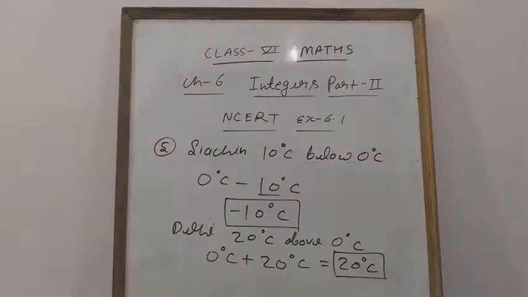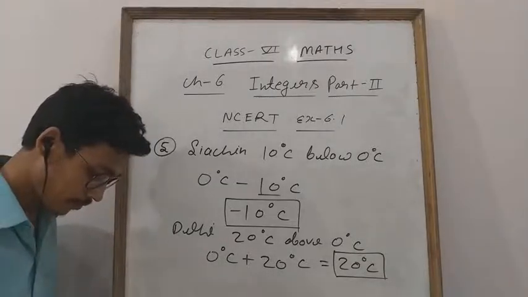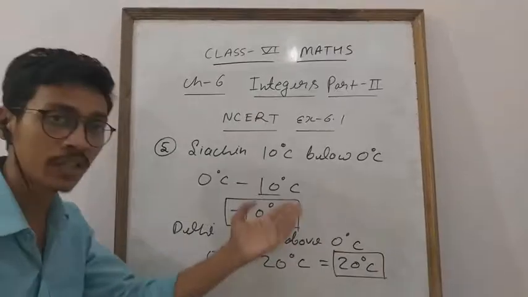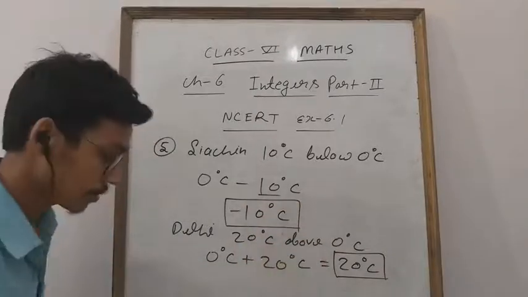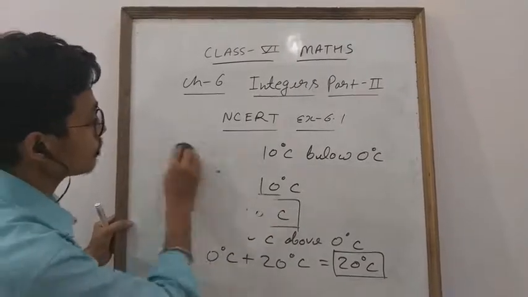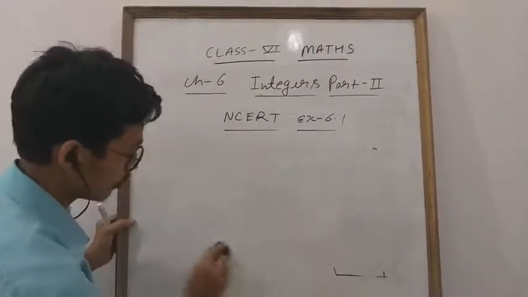Okay? Now move to the next question. Now in this question you will find out which is the coolest place. I think Siachen is the coolest place, okay? Because its temperature is minus 10. Okay everyone? Now one important thing, some students are confused whether -3 is greater than -4, -5. Here I am going to explain.